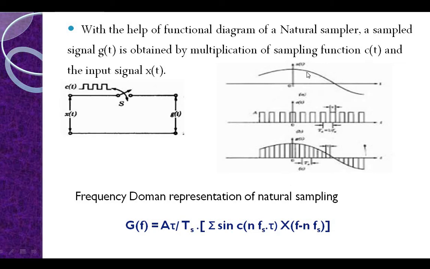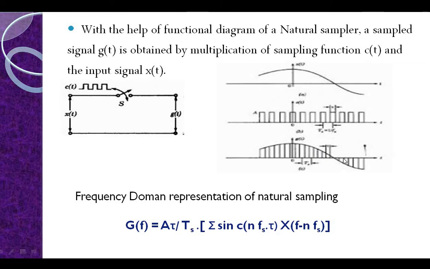Now see, this is the message signal and this is your train of pulses, the pulse train, the carrier signal, which is given over here. When the switch is on, they both will be multiplied. It will consider the amplitude of your message signal. In natural sampling, the tops of the pulses follow the instantaneous values of the amplitude of your message signal. This carrier signal will be changing in accordance with your message signal.